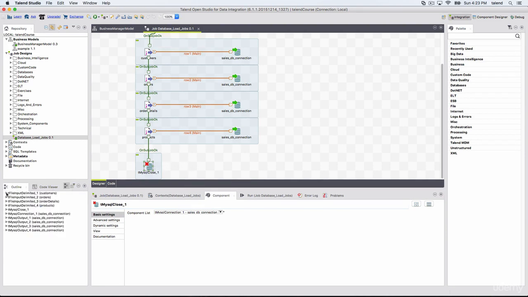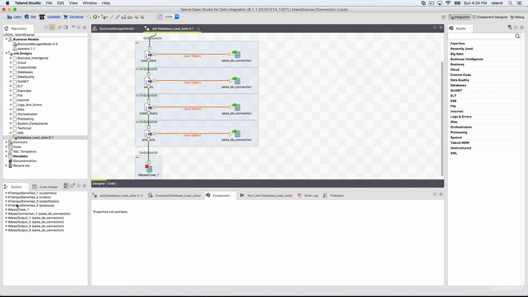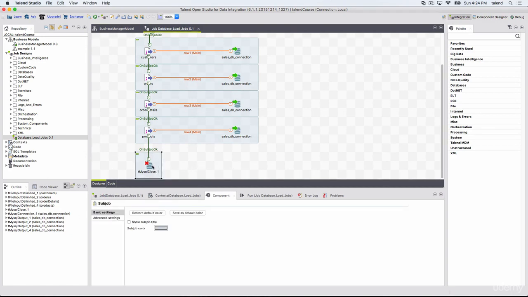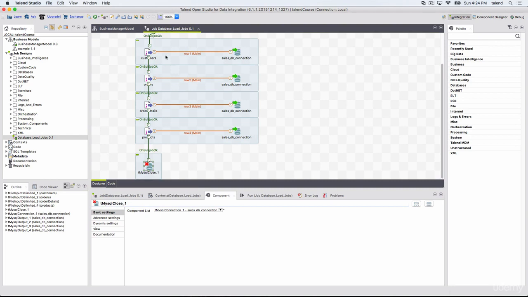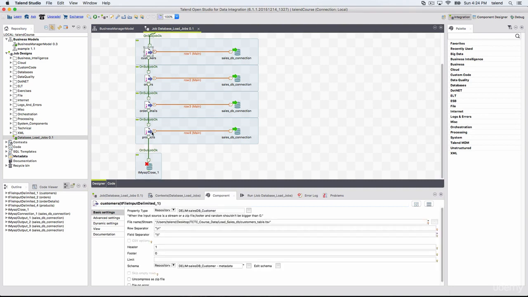Whereas the outline will outline all your components in this job, but mostly you will use this one for the global variables. Talend provides global variables for each component. For example, the most common global variables for components are the number of records it is reading or writing, and the error message the component gives.